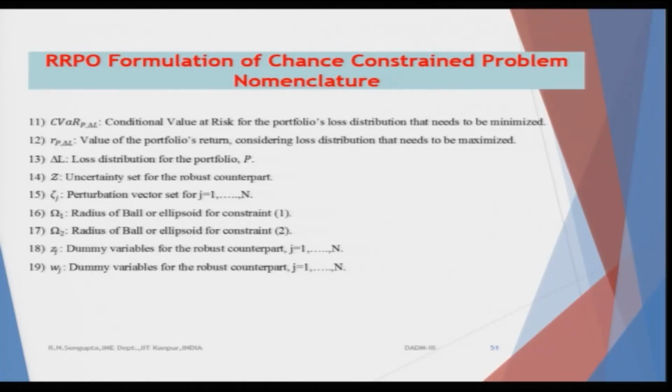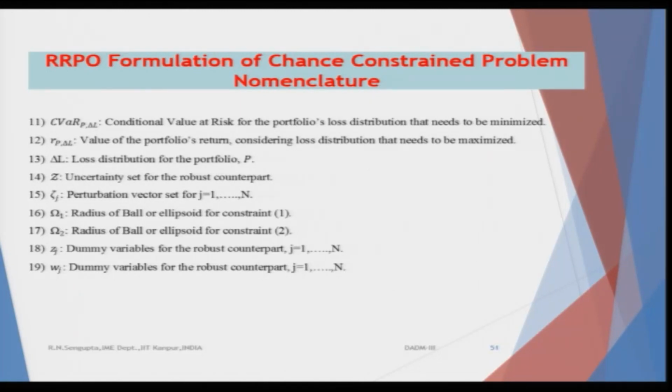The other nomenclature or symbols which are important for us is the conditional value at risk for the portfolio based on the loss. Delta L is basically the loss. I am only considering the loss, it could have been for the profit also, but in that case risk would give a different picture of how good or bad my total portfolio is doing, looking at the positive side. Here I am trying to find out the conditional value at risk of the distribution pertaining to the loss distributions only.